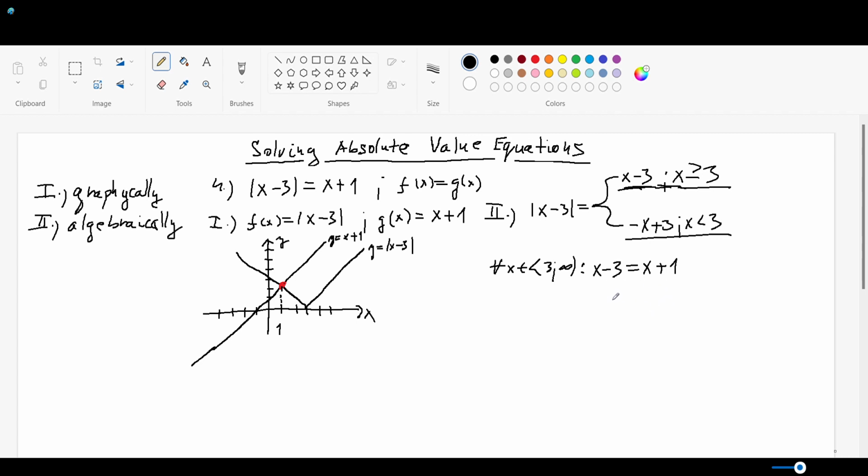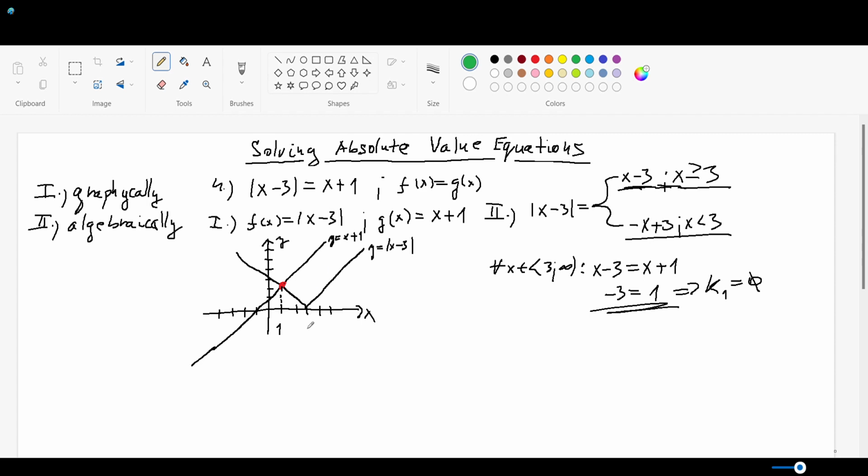Now, if you solve this equation, you will see that the solution is negative 3 is equal to 1. Basically, what does it say? It is a false statement, and it would mean that the set of our solutions, which I will denote K1 because we are solving on the first interval, is the empty set. And this is something which you should understand, that this is okay, because if you would have a look at